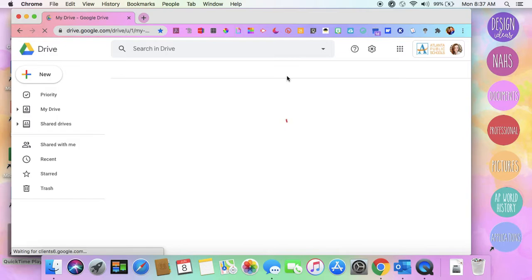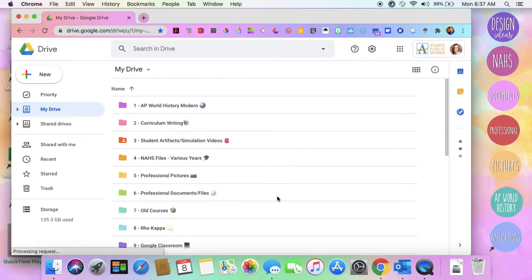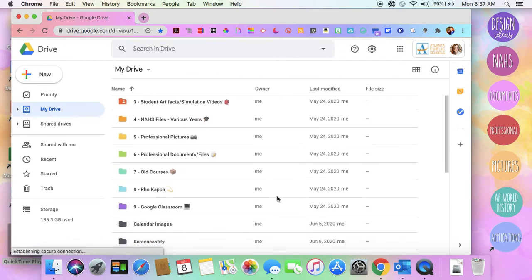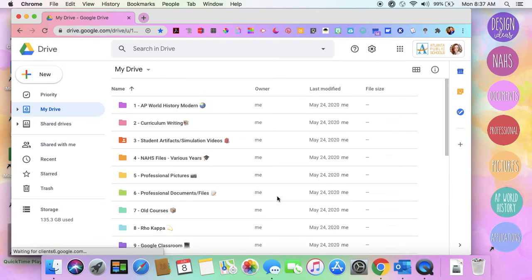When you go into Drive, you can store all of your files and keep them organized. There are a lot of different options with Drive in terms of how you keep yourself organized and how you personalize it. So as you can see here, I've color-coded my folders. I've also done them numerically by importance because having them organized alphabetically wasn't necessarily helping me find what I wanted when I wanted it. So Google Drive is a way I keep all of my folders, all of my files